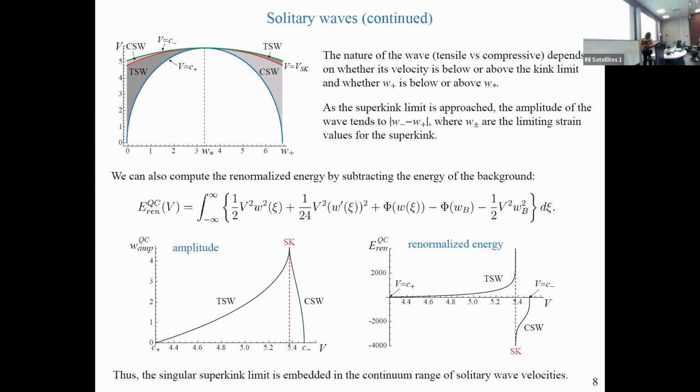And so if you plot these things, here's the energy, here's the amplitude, you can see that there is a sort of graph here in the amplitude plot exactly at the superkink limit, where you switch from tensile to compressive waves. And this is what happens with the energy: you have this kind of asymptote exactly at the superkink limit. So superkinks, in other words, what I'm trying to say here is that even though they look like different solutions, in fact, these solitary waves and kinks form a single family of solutions, with kinks just playing a kind of singular role in this family.